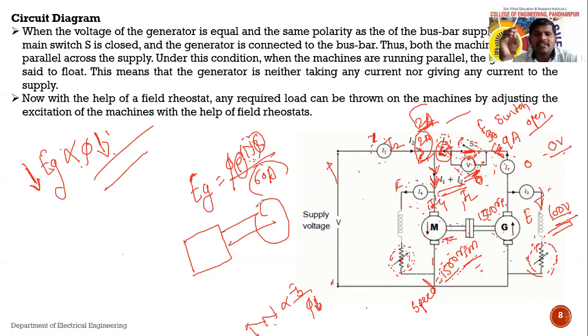But now in the case of the Hopkinson test, this power waste will not occur. Power is not wasted. We are using that power as input to the other motor. That means there is a regeneration of power. Are we wasting the power? Whether we are wasting this power? No, sir. No. So we just have regeneration.